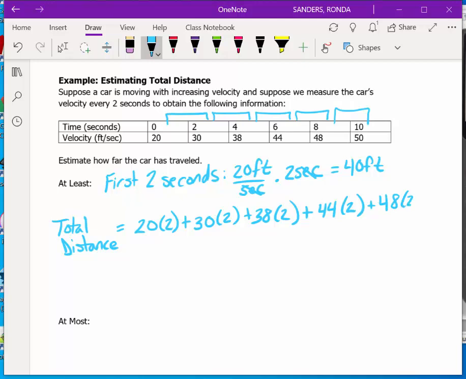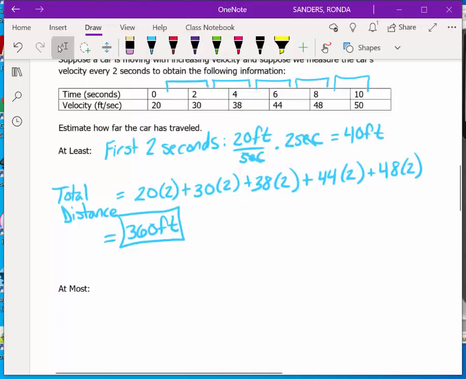We can evaluate this total using our calculators, and we will get 360 feet. So my car has traveled at least 360 feet. We divided our 10-second interval into 2-second pieces, so we have 5 estimates, but we did not use all the